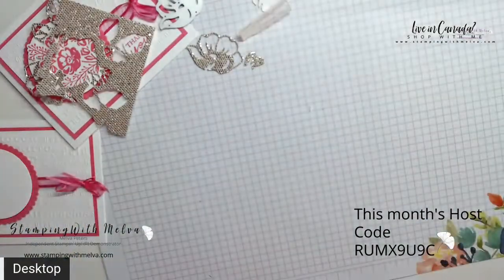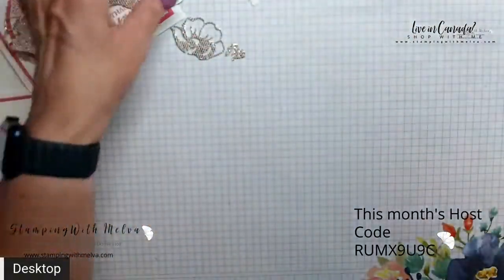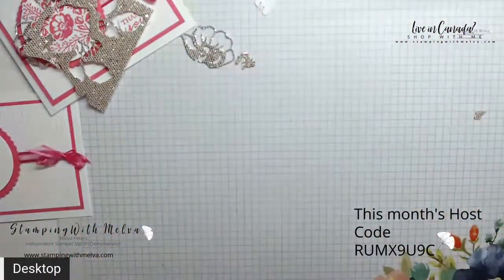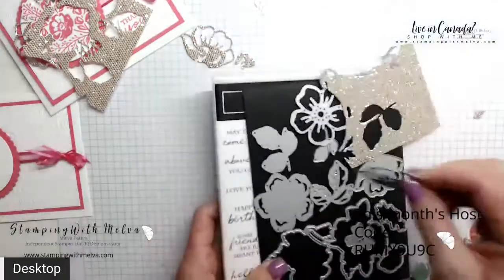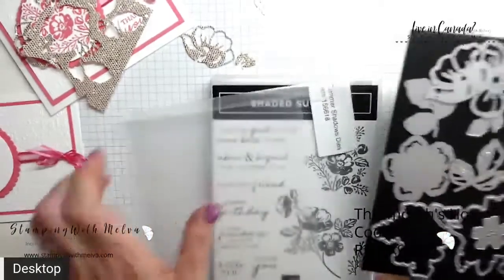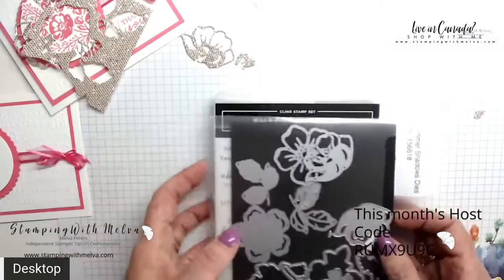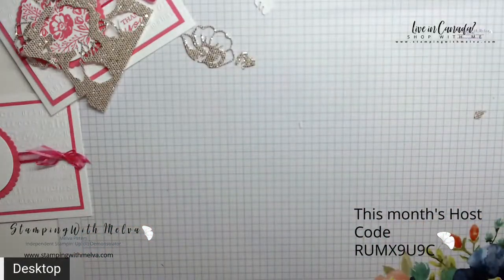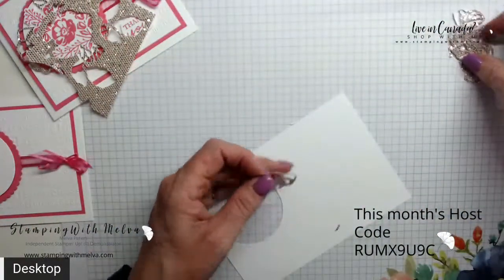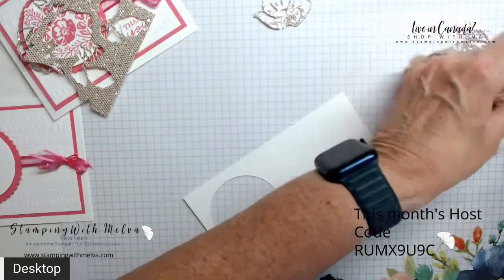It is 6x6 paper, and you get, I'm going to say 15, 12. I don't know how many is in the pack, but you get a nice supply of the bedazzling paper. Now, I've also seen some pictures with demonstrators who are coloring it using your spritzers and your reinkers. So that's a great option. I think you could probably also color it using your Stampin' Blends, although you may find that it will